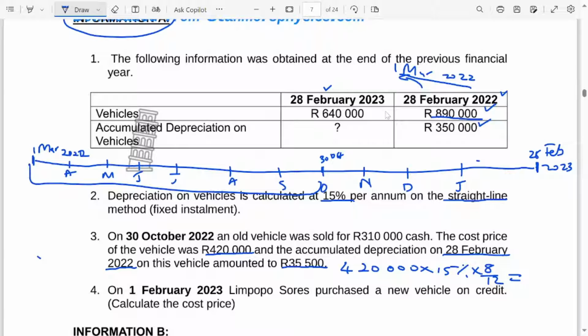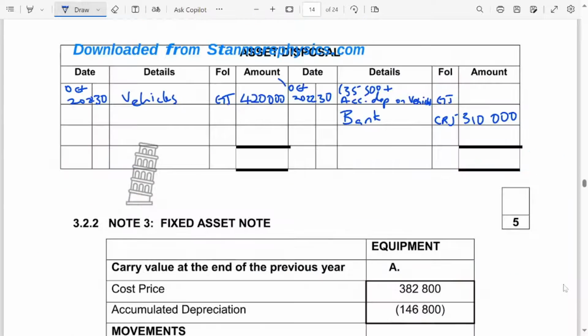So 420 divided by 15%, multiplied by 8 divided by 12. That is going to be 42,000. Right? So we come with it, come and edit here. We must also come here to the